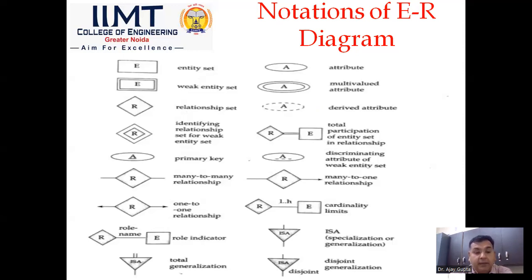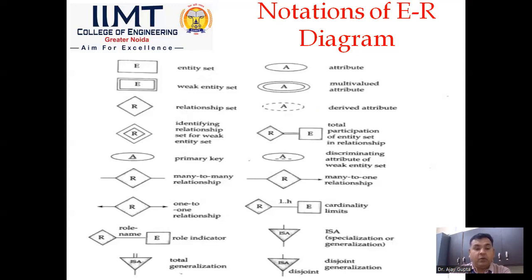Then many to many relationship. A many to many relationship is represented by a relationship set and two links, one on the left side and another on the right side. If we mark an arrow at any side, it represents one. But if we have to mark many, then we don't mark any arrow on that. So for many to many, we draw only a single line on left and right. It shows the many to many relationship.